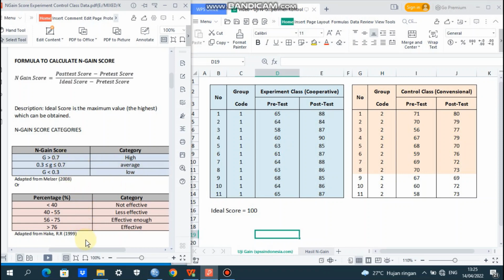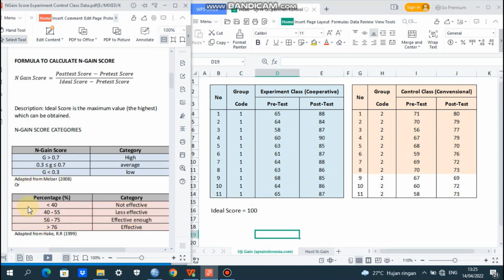And then if we choose percentage, if the N-gain score percentage is less than 40, it is categorized as not effective. But if it is between 40% until 55%, it is categorized as less effective.